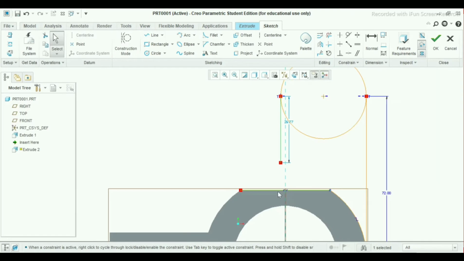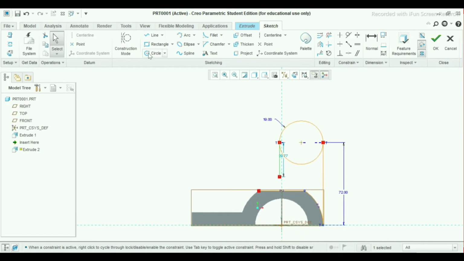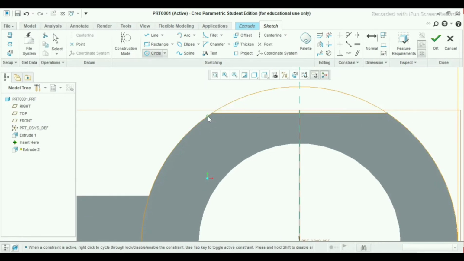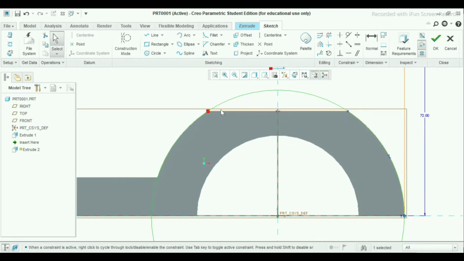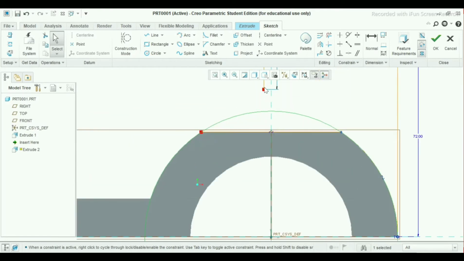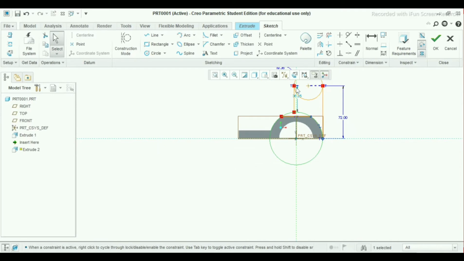And again go to the circle command. Take the origin point from here. Join this arc to here.